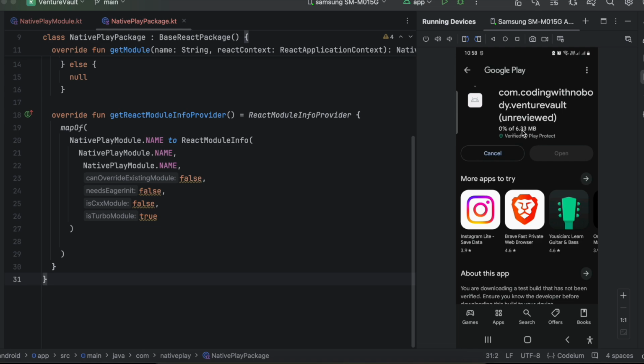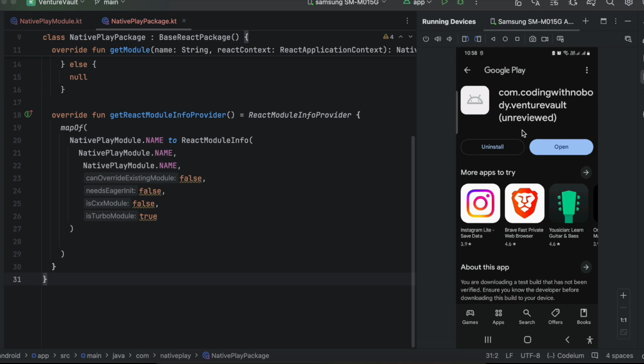I'm not sure if you have seen it or not, but our app size is almost 7 MB, so it has reduced even further. It varies a little bit depending on what Android version or what Android device you are using specifically. So let's just wait. Like I mentioned again, you can use R8 to reduce it even further, but I don't want to go into that. So here you can see our app has been installed. Now I will just click on open,